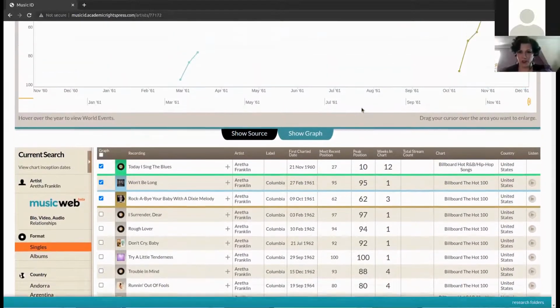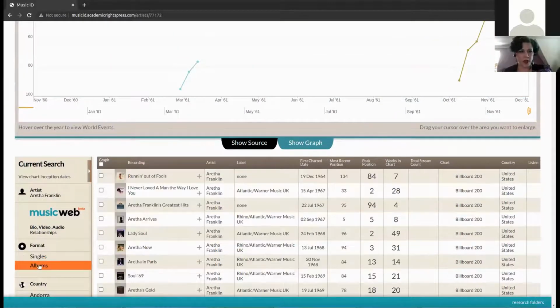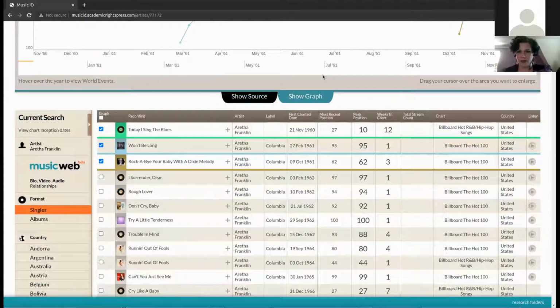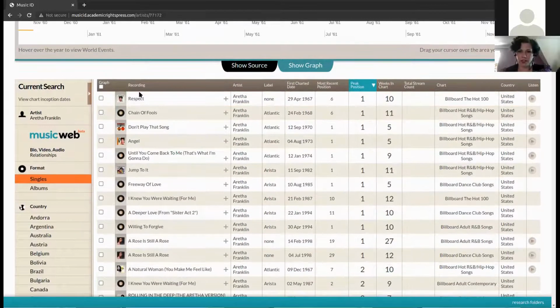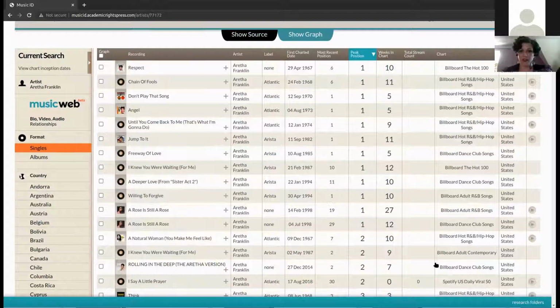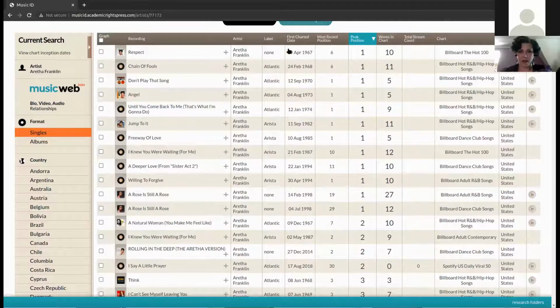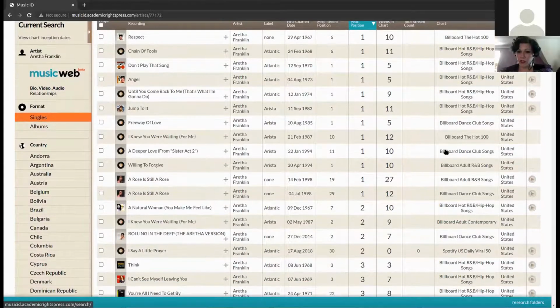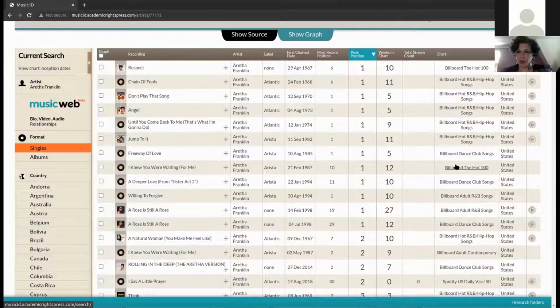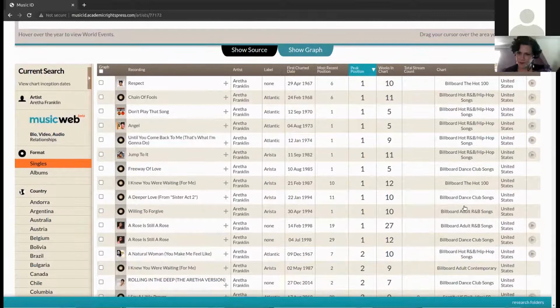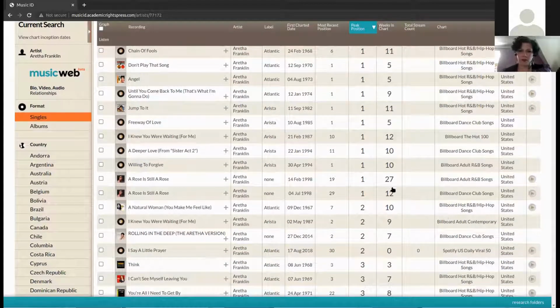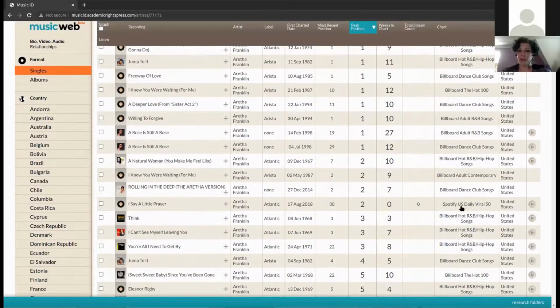what you can do is, if we wanted to see some of her most, we'll go to albums. Well, let's do singles. So we can look at peak position, everything she'd had that got to #1, and this is in the United States. We can see here, and you can quickly see at a glance the dates. So we have 2 in the 60s. Interestingly, 1 was on the mainstream chart, Respect, of course. And many of the others we see are the genre charts. So R&B, club songs, dance songs, adult contemporary. Yeah, that has to be an 80s one, 1987. And we can also see where she is in